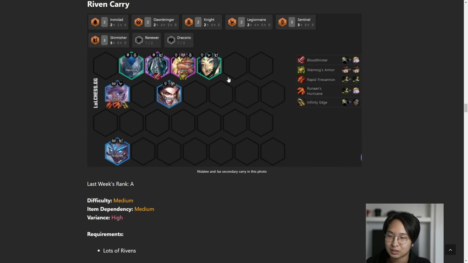So in this composition, you want to have a secondary carry. Some people use Jax, some people use Nidalee. And after that, RFC is going to be very important on Riven, so you do want a lot of bows for this composition. And then Rune is very necessary so that she could apply her attack damage buff to 2 different